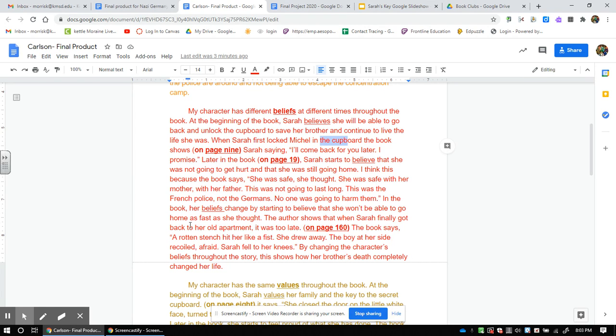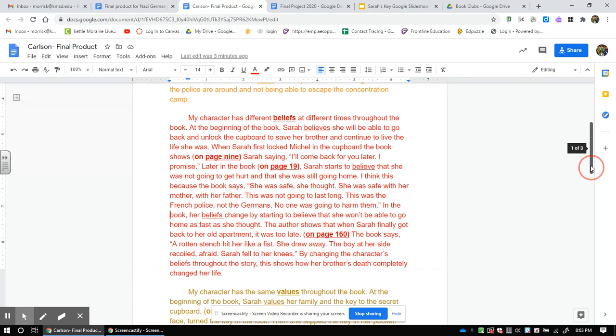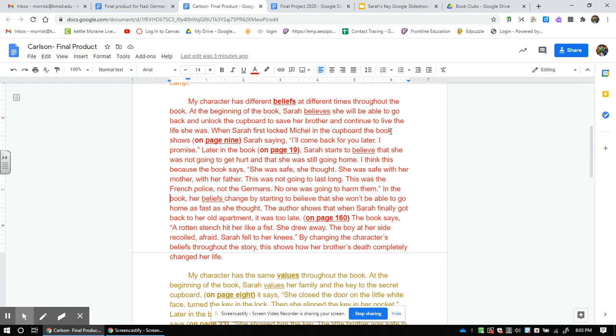That's a powerful paragraph. Okay, I didn't write this. Another student did from last year. This is a wonderful writing, by the way. Notice the beliefs and the pages and the evidence to prove why. The writer, the person who wrote this paper, talks about why they believe that's what's going on in the book.